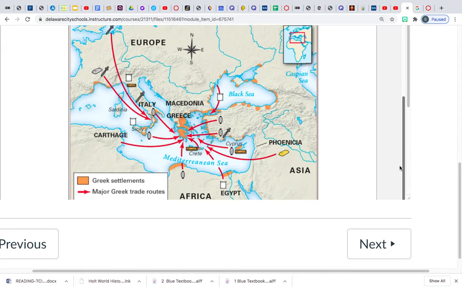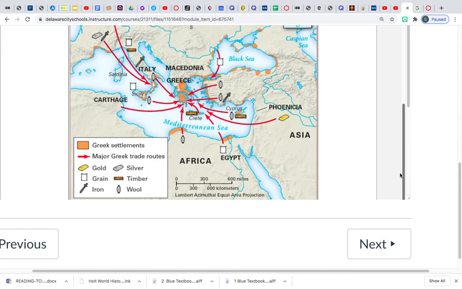And here we see that the ancient Greeks are setting up colonies outside of the mainland of Greece, like you see Sicily and southern Italy. This is where the Greeks set up settlements or colonies, right? You can see that they've also got trade items. So they're going to be sending those trade items back to mainland Greece. And in return, they'll be getting things from mainland Greece that they need over in these colonies.